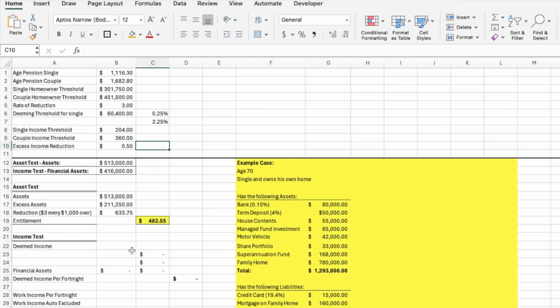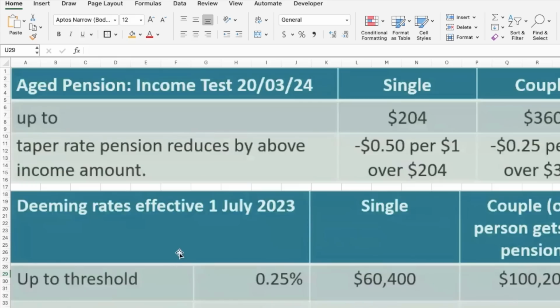The income test is a little more complicated, so we'll see how we go. So the first thing we look at in the income test is your deemed income. Now deemed income isn't your actual income, it's your deemed income. And if we go and look at this little chart here, it says that for a single and a couple, so again they're different amounts depending on whether you're single or a couple, but the first